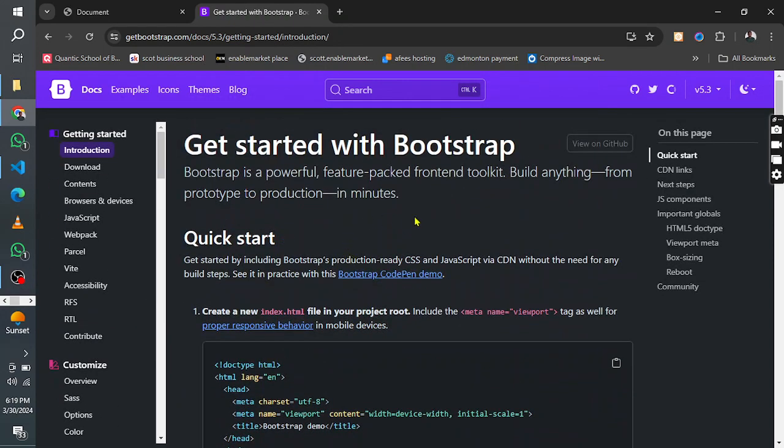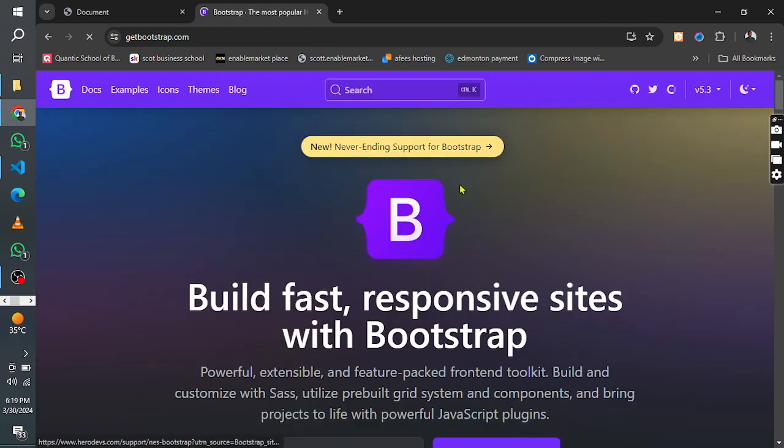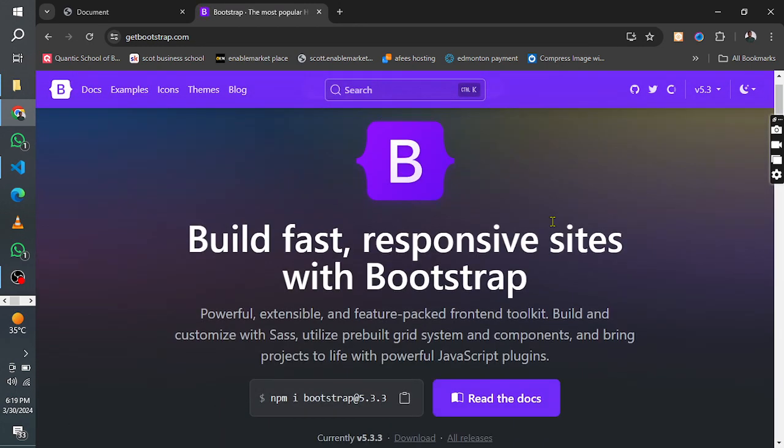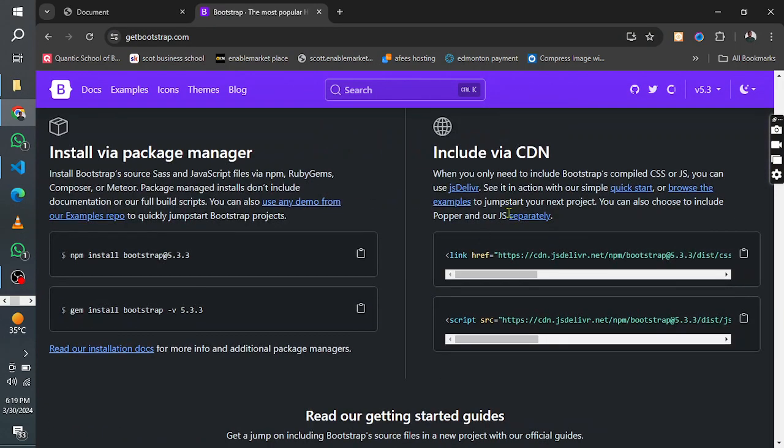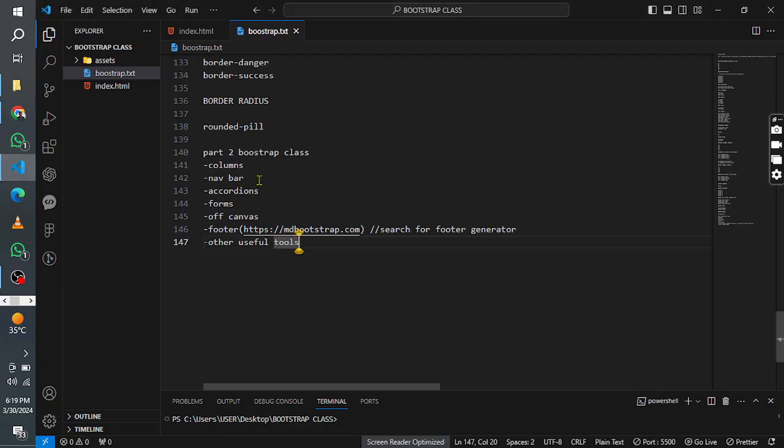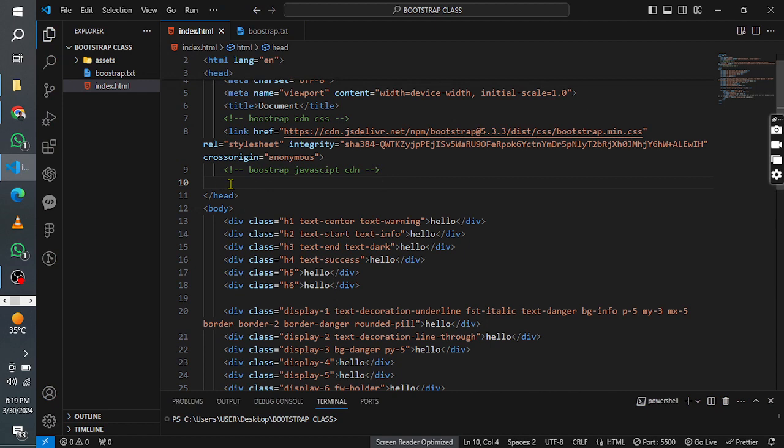Okay, like I said in the first part, Bootstrap is a CSS framework used to add certain functionalities and styling without using external or internal or inline CSS on your website. So to get Bootstrap, we simply go to getbootstrap.com, and first thing we do, we either use npm node package manager, or we can use the CDN. I used the CDN the last time, and I use the CDN for the CSS. Since we'll be adding navbar and it's going to contain some JavaScript, we're going to be using the CDN for JavaScript. So we just click on copy, and we go to the head part of our HTML file, and we